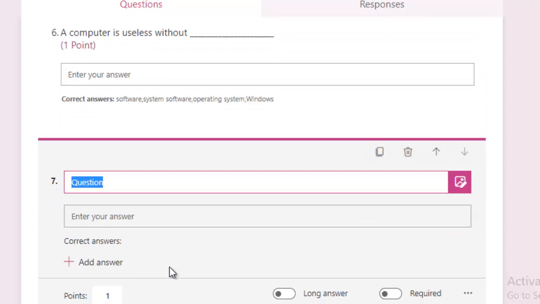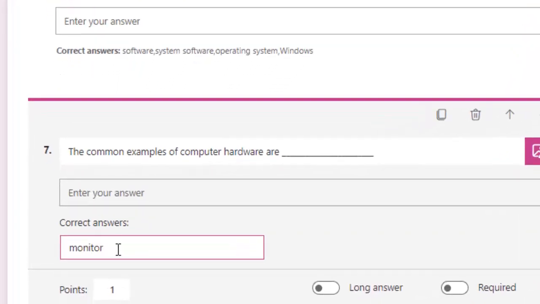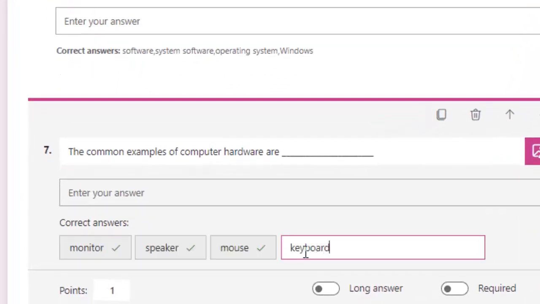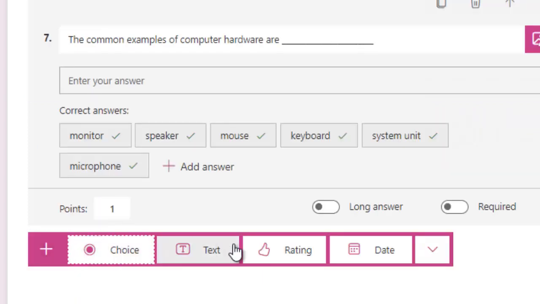Again I'm selecting text. What are the common examples of computer hardware? So correct answers: monitor, keyboard, system unit. Next,